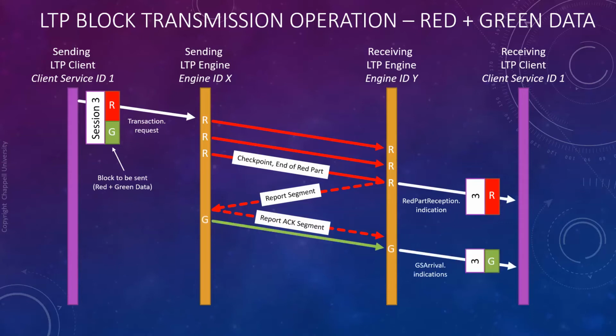And then we have this green data that goes across. Now, we don't have to wait for the report segment to come back before we send the green segment. I did this in this slide so that I didn't have things overlapping with each other and getting really ugly. I wanted to show you the report segment, report ACK, and then show you what the green data would start to look like. So we have green data going across, and the last packet that goes across would be marked as end of block down here. So that is the end of this entire block.